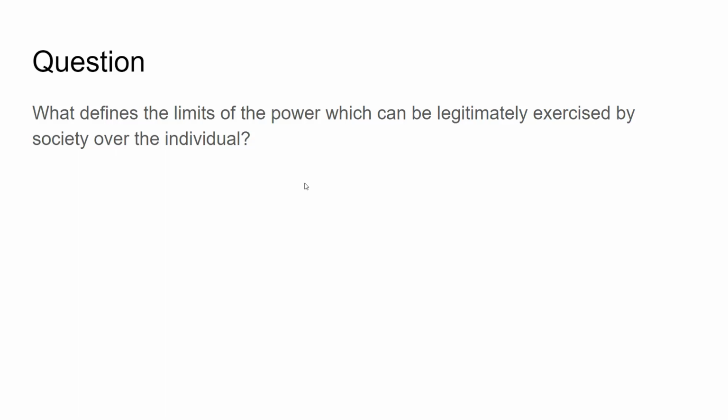This question is not about what it would be good for society to do. Strange for a utilitarian, I know, but bear with me for a moment. It's not about what it would be good for society to do, and it is not about what would be good for the individual to do. It's about the legitimate sphere of action of the individual and the legitimate sphere of action of society, understanding that sometimes individuals may presumably do things that are not good for themselves, and that sometimes society may have the authority to do certain things that are perhaps not even good for society. Strange sort of view.